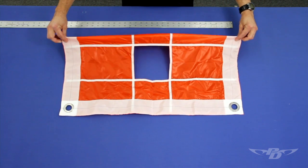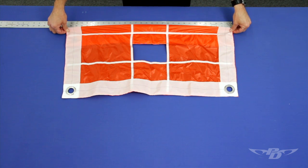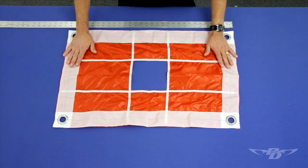To measure the span, fold chord-wise between the tapes. Measure from end to end with light tension. For the chord measurement,